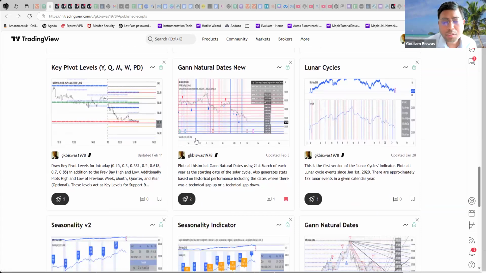So this is based on the concept of Gann pressure date. I mark all the important pressure dates based on the sun cycle. And then there are certain technical conditions, like there has to be a good technical gap up or gap down on those dates. If there is, then this is a super duper strategy, especially for small capital option players,